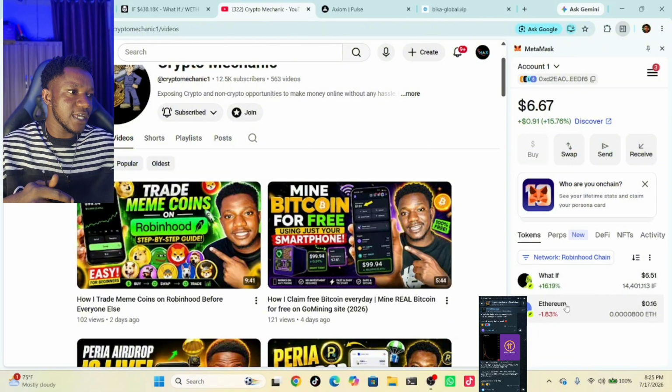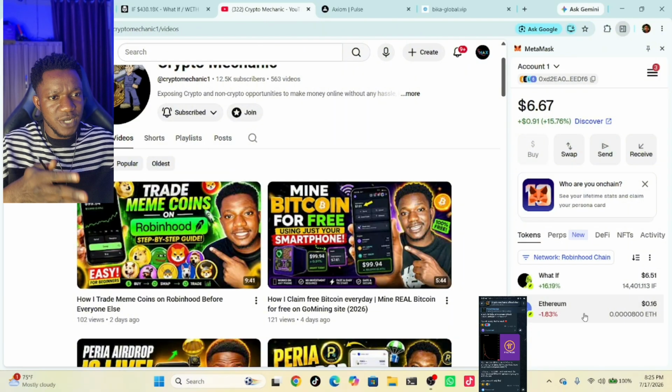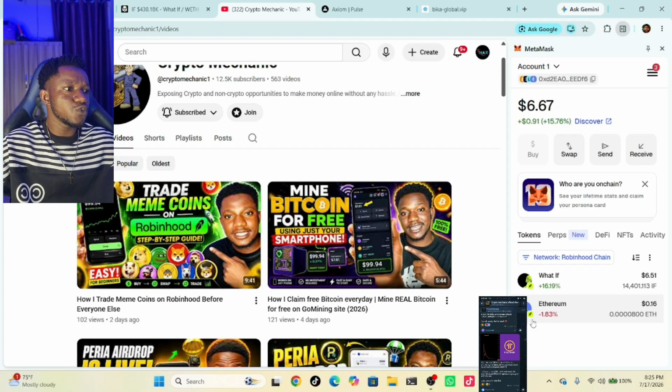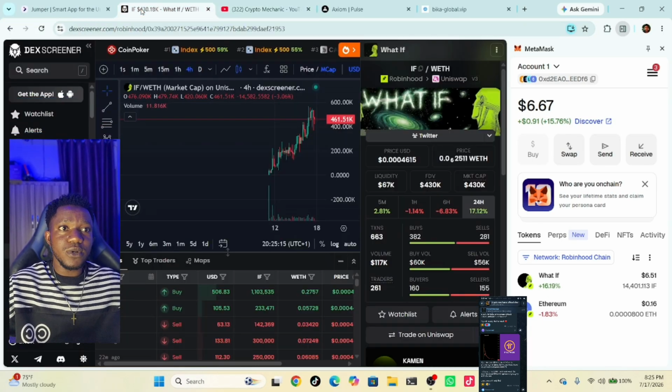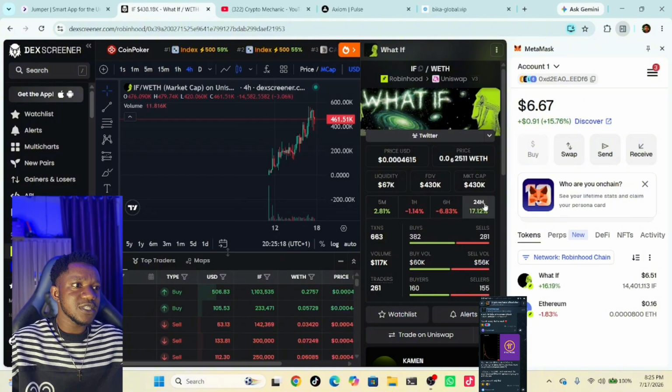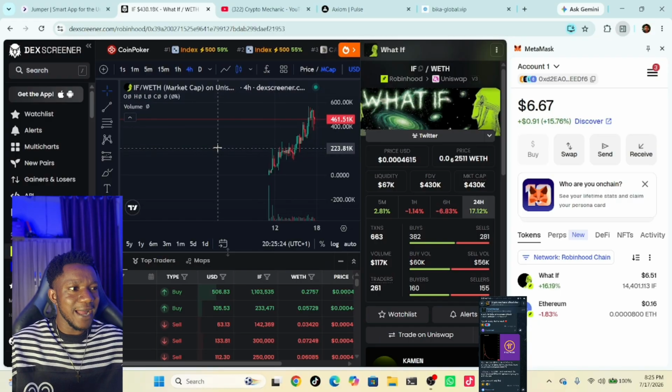This is the token right here inside my wallet. I bought this token right here with just $2 or thereabout. You can watch that video to see it yourself. So I bought it with just about $2, and of course the token has been doing good. So I actually bought it around 100k market cap or thereabout, and the token actually did well. Though I bought it randomly, I didn't even do much research.